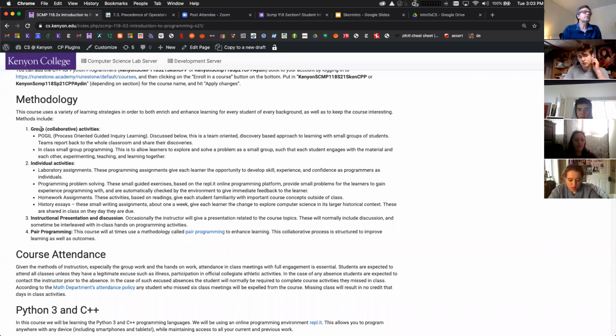Now, this course is going to have a lot of group activities, as we talked about. We're going to use a process called POGIL, process-oriented guided inquiry learning, which is a nationwide sort of trend, if you will, where educators, specifically educators in the sciences, have adopted this very specific process for having a group interact with each other effectively and to basically work and discover, okay?